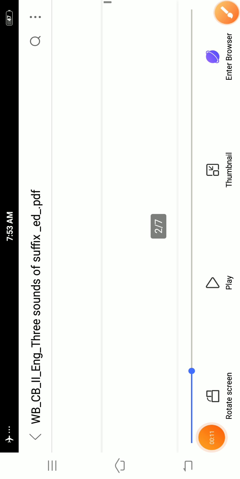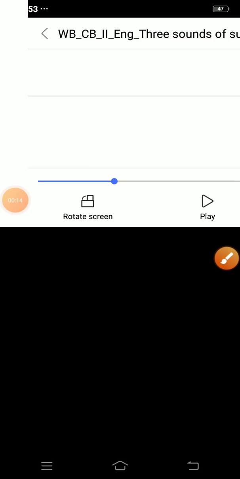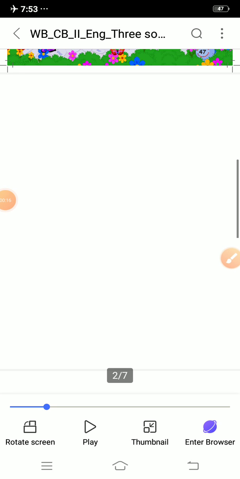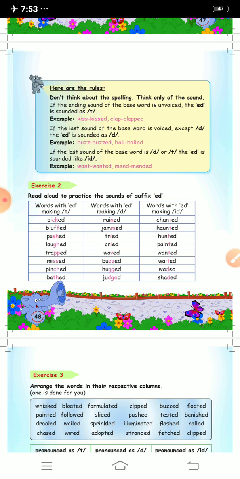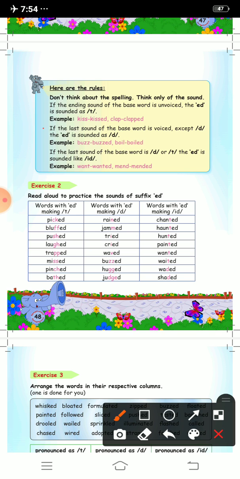Today we are going to revise the chapter, the three sounds of suffix ed. I'll make it clear to you when to use the t, d, and id sounds. So now let's start. Let me tell you first that if you see here,